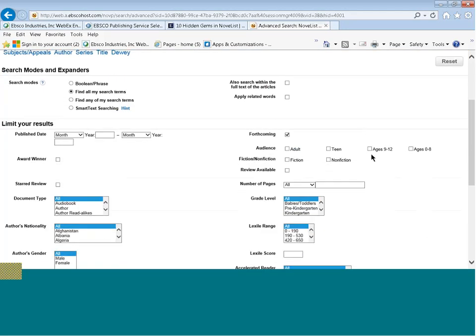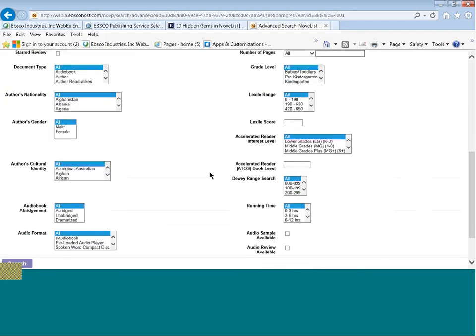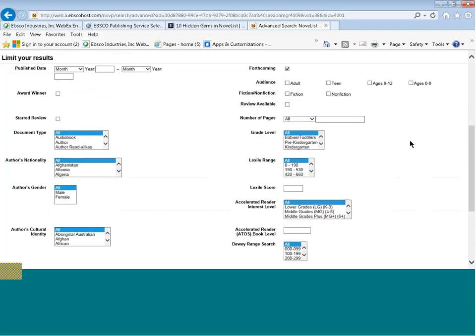I can choose by audience level, and this is important even if you're using Lexiles. So Lexiles are, let's scroll down to Lexile for a second. Here they are. So Lexiles are reading levels similar but different. I can contrast them with accelerated reader book and interest level. It's really finding a comfort level for your reader based on a grade in school. So these Lexile ranges are based on, say, a reading level in school. And I would tie that in to my reading level.